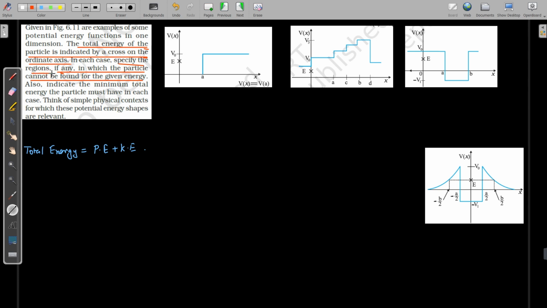We have to specify the region where the particle cannot be found, and also indicate the minimum total energy the particle must have in each case. So think of the physical context for which the potential energy shifts are relevant. Okay, we'll understand this. Just see, if I consider this,